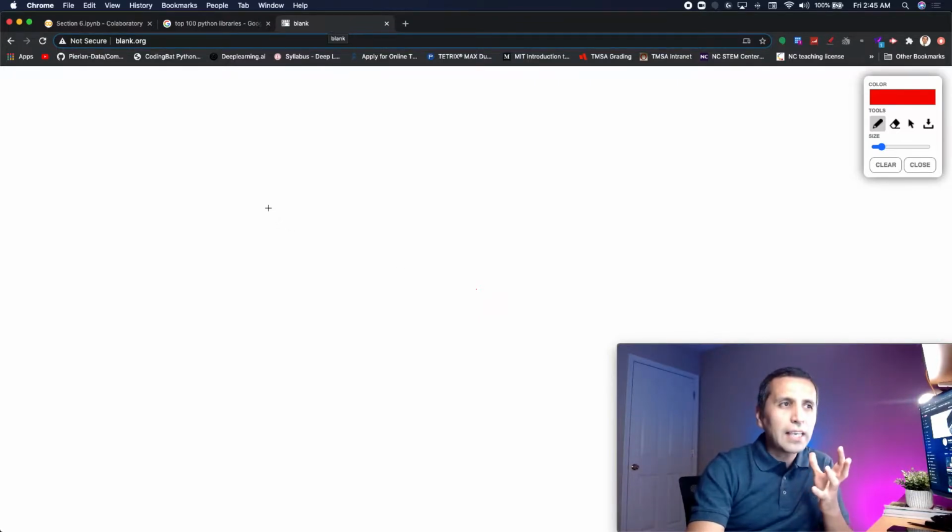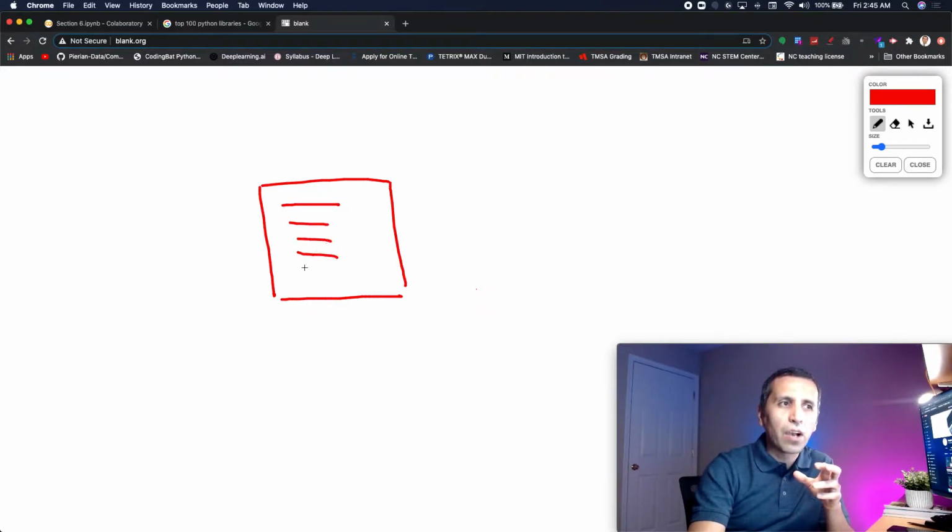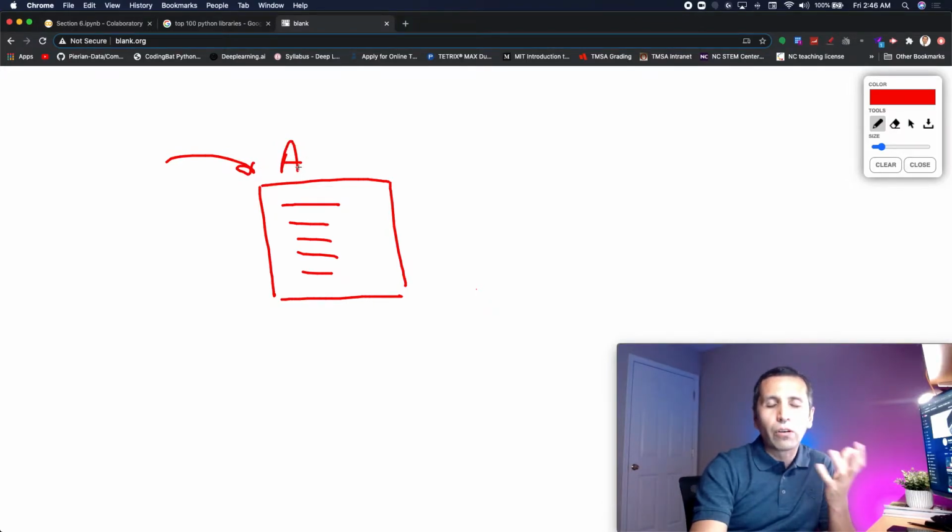So what is a function? It's just a block of code. Let's imagine we have one block, and inside that block we have a couple of lines of code, and we have a special name for that one. I can call it A, or I can call it ABC. So A stands for the name of the function, and that is the code that belongs